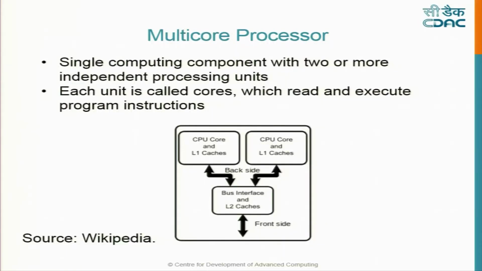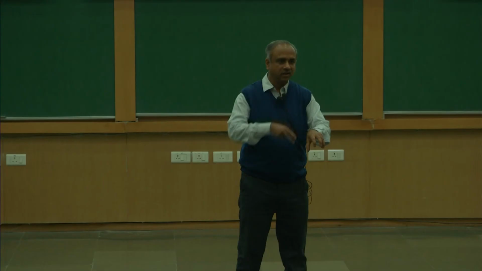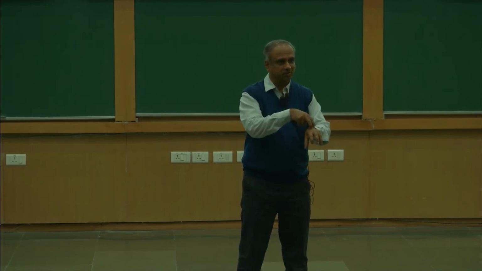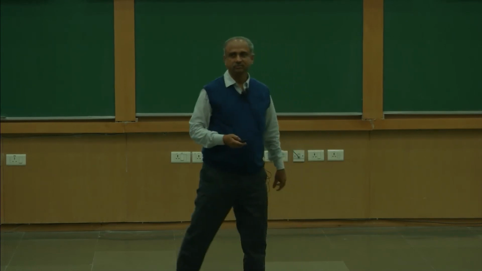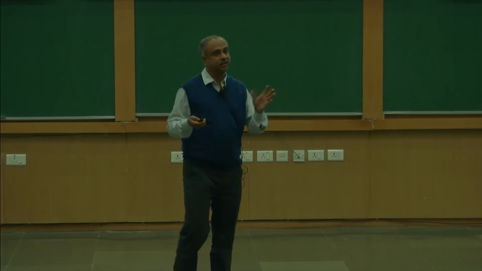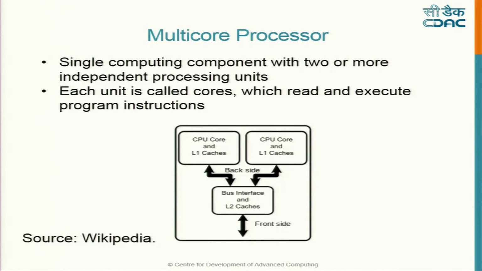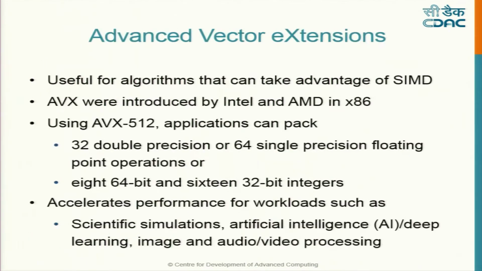Now, understand the difference: a core is inside a CPU. So one socket that you see physically can have 4 actual CPUs or 2 actual CPUs. Like you mentioned, for server class it can go up to 20. So you will have 20 such CPU cores, each having private L1 and L2 caches and a common L3 cache in the newer processors.